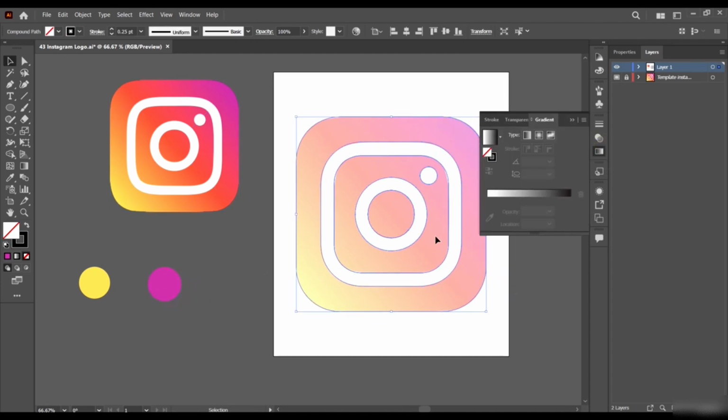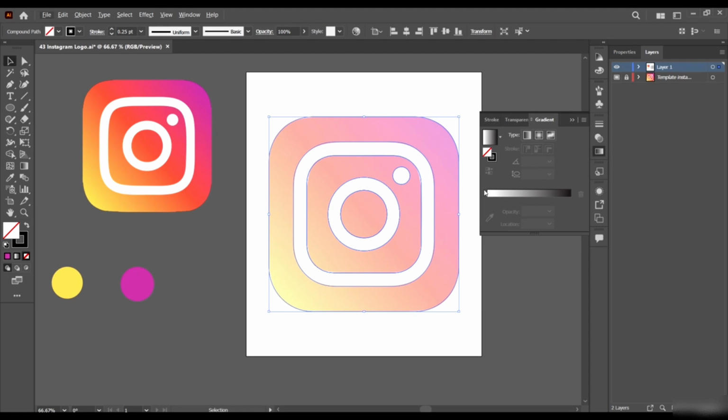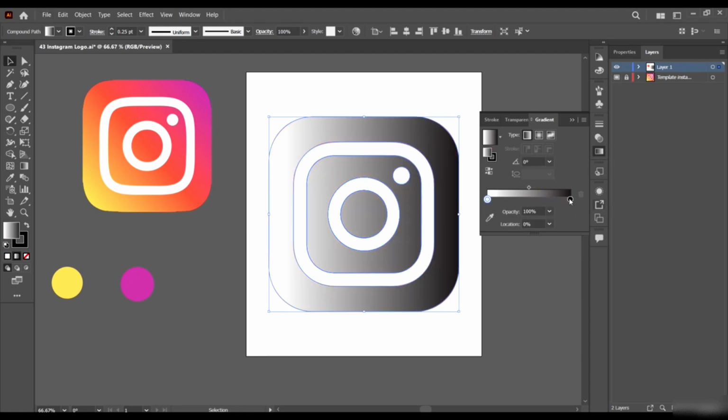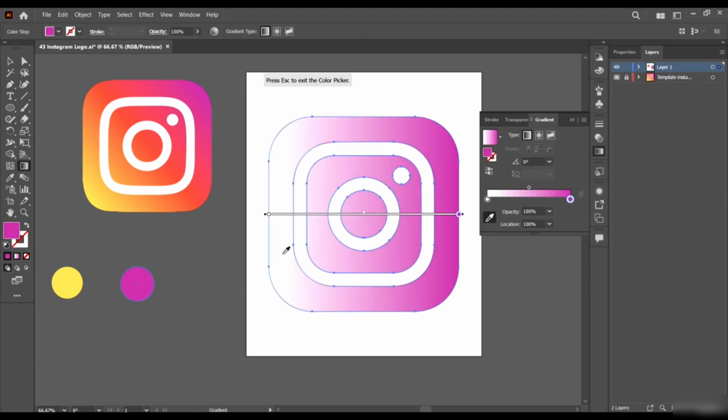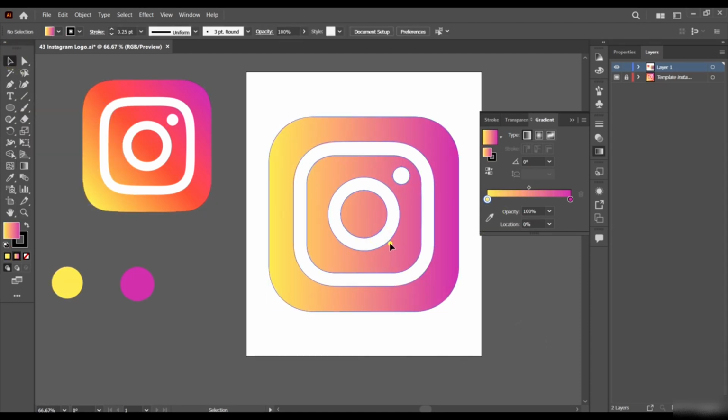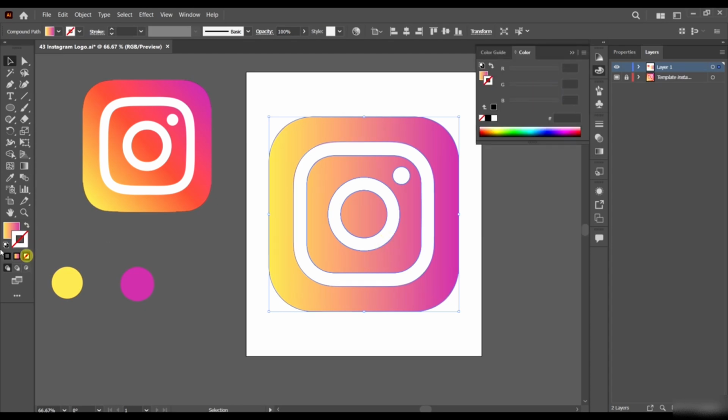Now select your gradient tool, or rather your gradient panel. Open your gradient panel and give it a gradient. Select the first guy, give it the purple color. The second guy, give it this color. And then just remove the stroke. And I actually think we need a middle color, because the blend is not really giving us this middle color here.